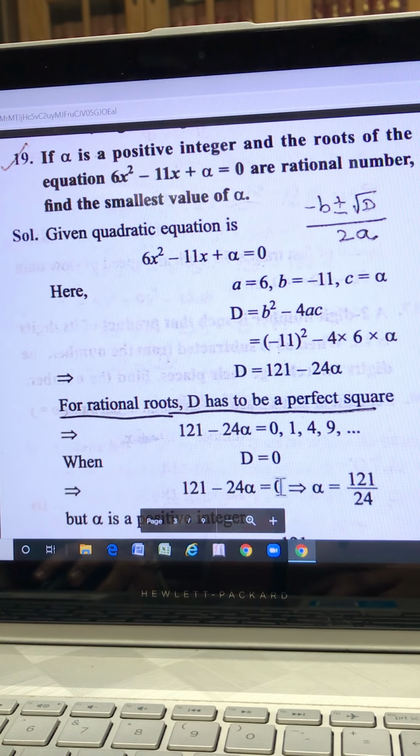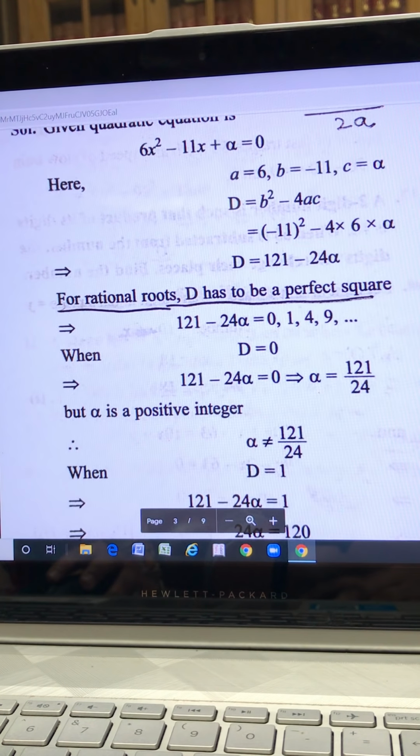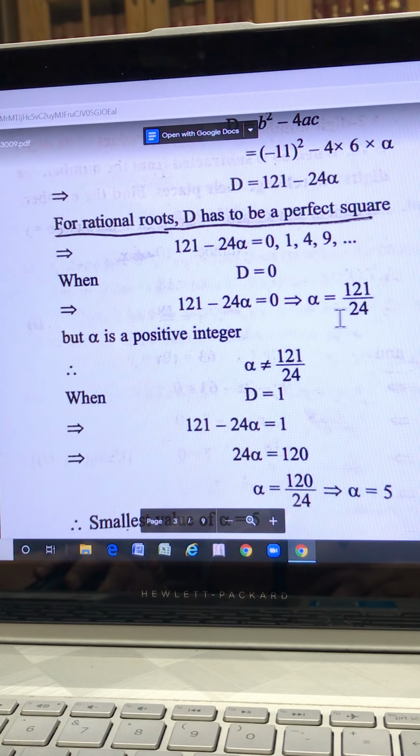Put this discriminant as 0. What will you get? You will get the value of alpha as 121 upon 24. Now the question also says that alpha is a positive integer. If alpha is a positive integer and you are saying that alpha is 121 upon 24, this is not an